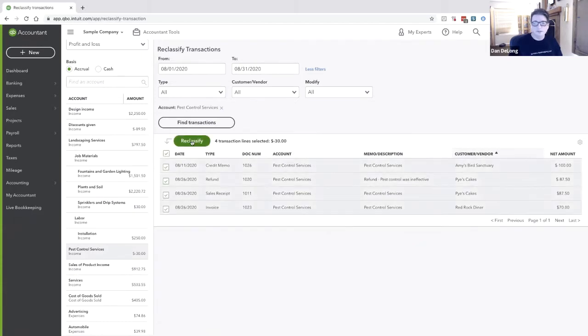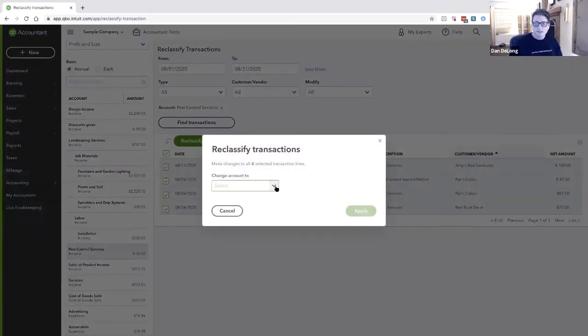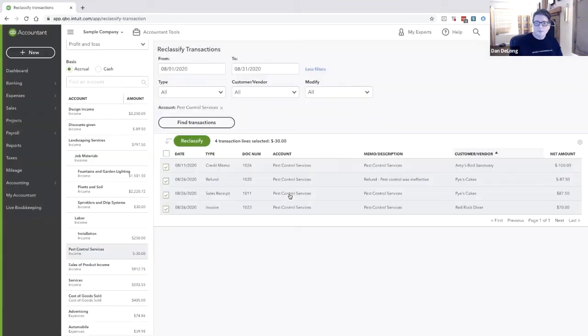And then when you choose to reclassify, you can change the account. I didn't turn on classes and locations, but you can also do class and location. You used to not be able to do locations, only the class. So you can reclassify the location, which may not actually be a location. It could be department, whatever you call the top portion of the transaction that you are categorizing in QuickBooks Online. So that's the overview of the